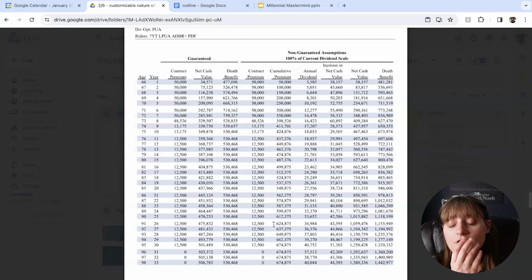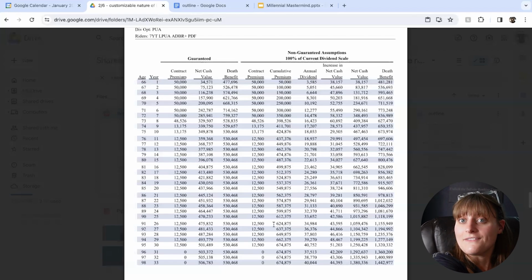So I just wanted to touch on somebody who's a little bit older and why I would structure it with a lot more to the paid up additions versus that base premium. It's just because I get it. We're at those later stages of life and we may want to use those cash values today rather than 30, 40, 50 years down the road, right?